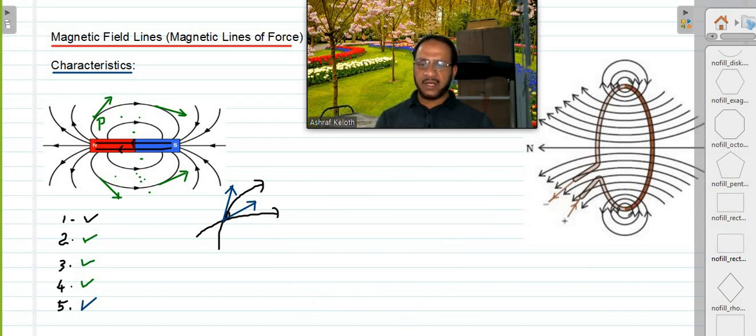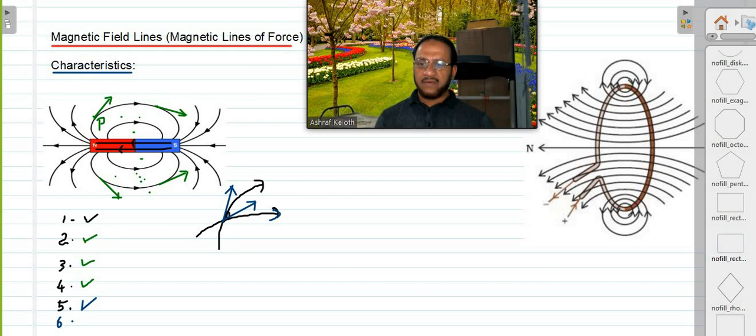So if you take the case of magnetic field, it is a vector quantity. Magnetic field is a vector quantity, and at one point if 2 magnetic field lines are intersecting, if 2 field lines are intersecting like this, then at this point of intersection there are 2 tangents. 2 tangents means 2 directions for magnetic field. So if you keep a compass needle here, it will get confused whether it should align north pole this way or this way. But practically it won't happen because two directions for a vector at a point is impossible. So two magnetic field lines can never intersect each other. That is the fifth property.